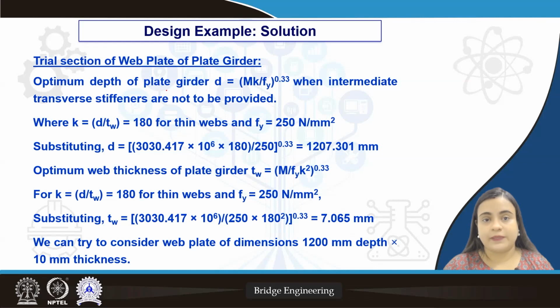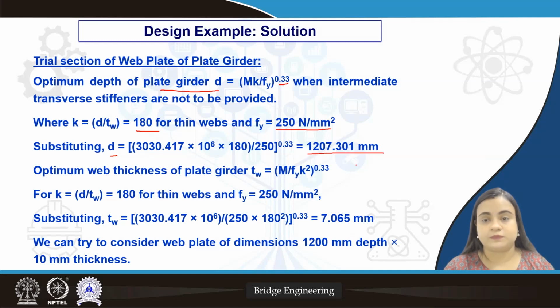The optimum depth of the plate girder is obtained as M k divided by fy to the power 0.33 when intermediate transverse stiffeners are not to be provided. Here k is taken to be d by tw, that is considered to be 180 for thin webs, and fy is 250 MPa, that is given in the problem statement. So by substituting the requisite parameters magnitude as M, k and fy, we find out that the optimum depth of the plate girder turns out to be